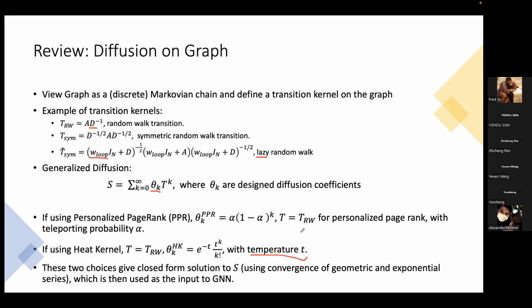This is also known as the smoothing property of this kind of process. You can see why these two kernels have these nice properties, because the exponential and the geometric series converge if you do the infinite series